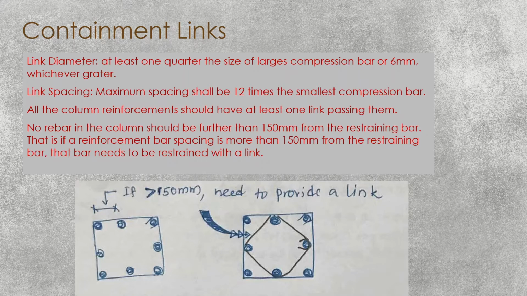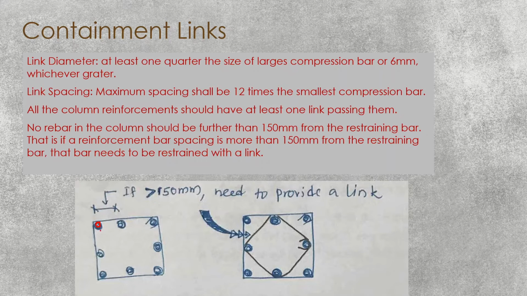That's a rule. You can't place isolated reinforcement in the columns. No rebar in the column should be further than 150 mm from a restraint bar. That is, if a reinforcement bar spacing is more than 150 from the restraint bar, that bar needs to be restrained with links. What does this mean? Now, if you go to the corner of the column, this bar is restrained because we have links from both sides. Now this bar is not restrained. So if this spacing exceeds 150,